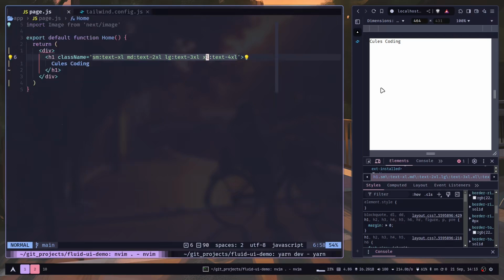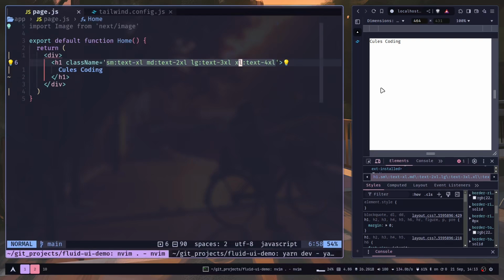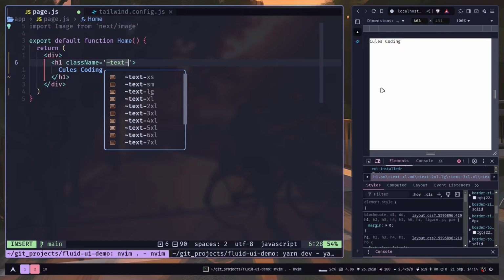So when you want to make an element responsive, you would add classes like this. It will change the style, in this case the font size, on every breakpoint that you will add. But with Fluid plugin, you will be able to do this with a single class. So let's get rid of this. To add a Fluid class name, you need to first add the tilde sign, then the class name. In this case, I want to change the font size, so I will add text. And then the value for the smallest breakpoint, the smallest screen. So I would say LG, and then /,